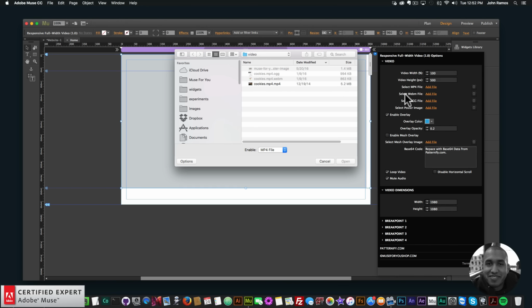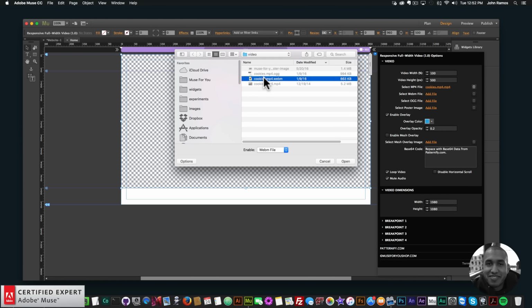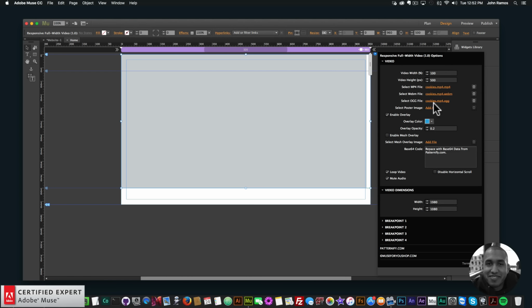You can add the WebM and OGG for fallback support on different browsers, like Firefox sometimes uses OGG or WebM. I think it's mostly OGG, but other browsers sometimes use WebM or OGG. But I do recommend having at least MP4. So I'll double click on the MP4 file here. I'll select WebM, then the WebM file and the OGG file. Now the video has fallback support,